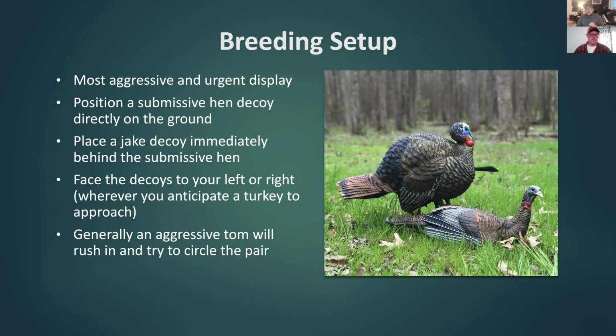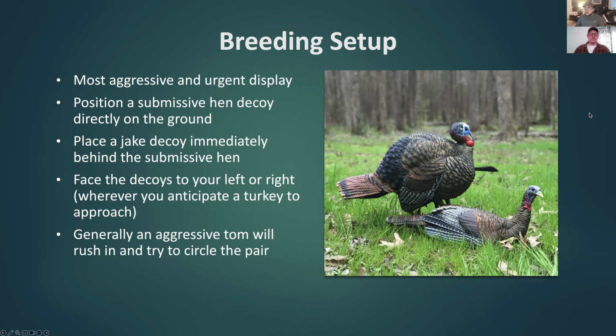But again, all we're really doing with this is setting a submissive hen. And the nice thing about decoys in general, when we say use a feeding hen, you don't have to go buy a feeding decoy. A lot of times they'll have holes on the back that allow you to change the orientation of what that hen decoy is going to do. And so in this case, all we're doing is setting it on the ground without a stake. And you basically just created yourself a submissive hen instead of having to spend $50 or $60 for an additional decoy that you then have to carry out in the field with you. So for me, I like to use the same decoys and just augment them as much as possible. So I'm only usually carrying two if I'm carrying any. It's going to be a Jake and it's going to be a hen.